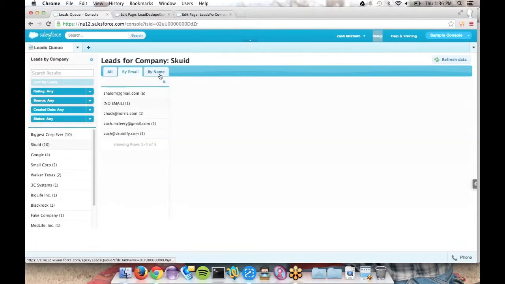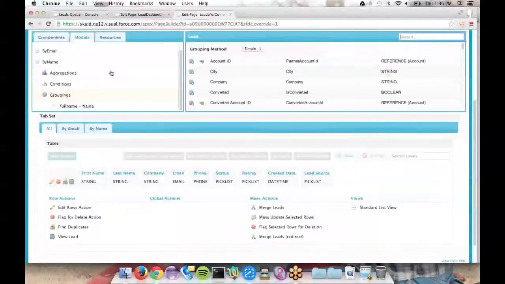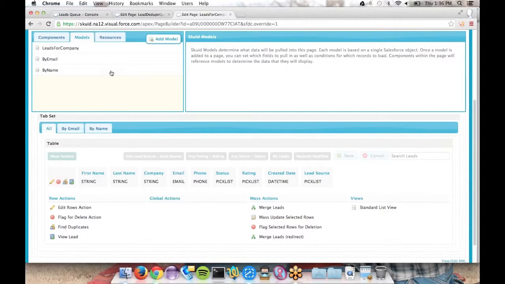A lot of people we've seen have taken queues and aggregate models and used them to get some pretty amazing results. We've seen some great examples from some of our partners on that. And then merging that with the console gives you a way to manage your data way better than you're going to get with the standard list views.